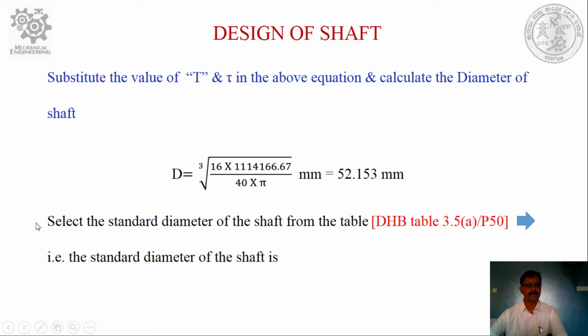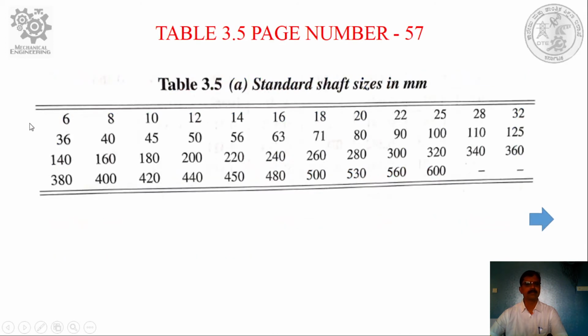We are going to select the standard diameter of the shaft from the table. Now the table shows the standard diameters available in the market. For this shaft we have from 6 to 600: 6, 8, 10, 12, 14, 16, and so on, and 500, 530, 560 and 600. Now we have 56, that is